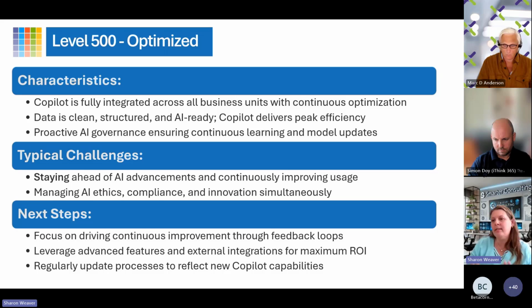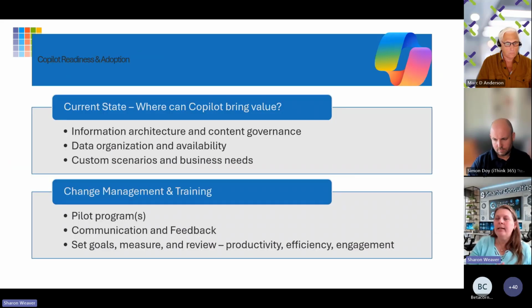We're already doing all the right things. How can we be better? How can we get more? So for each of those, that kind of gives you an idea. And if I boil this all down and ask, what do you need for Copilot readiness and adoption to really be successful? I told you: what's the problem you're trying to solve? Look at your current state, right? Where are you now? Not where do you want to be. Not, I want Copilot to be successful. Don't think about those things. Where are you now, in each competency?